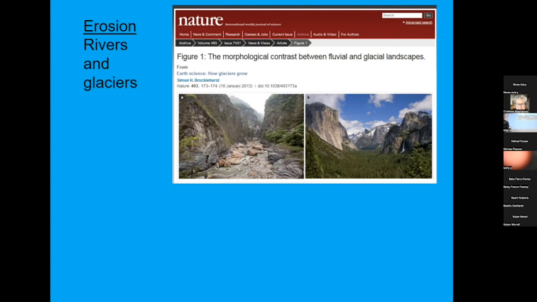So once you have mountains, once you have land rising, well, first you're going to get rivers, right? Because it's going to rain, the rain has to go back into the sea. So this was an interesting article which summarized the two things. For me, rivers, which can cause these narrow valleys, and glaciers. This is Yosemite.